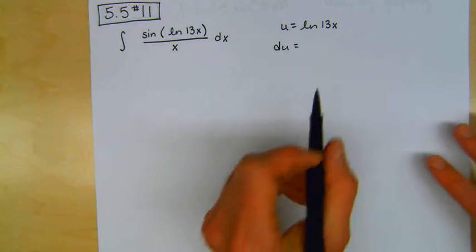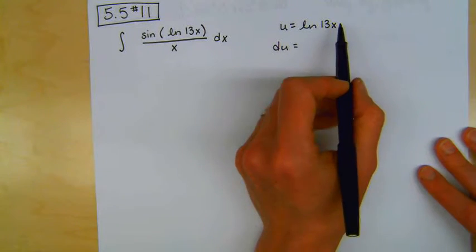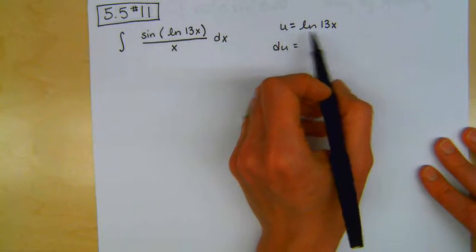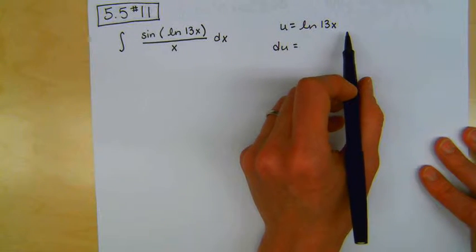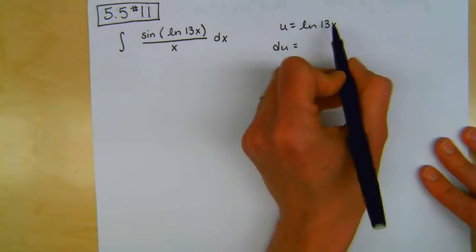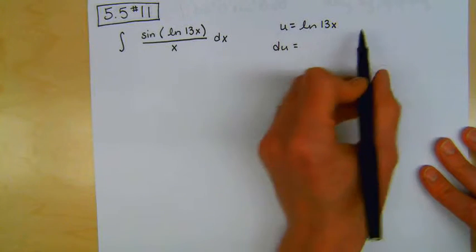So there are two ways that we can think about this. One is using a property of logs, and another is using a property of derivatives. I think I'm going to explain it using properties of derivatives because that's a good review for us. Notice that the outer function is natural log, and the inner function is 13x. So when I take the derivative of this, I have to use chain rule,